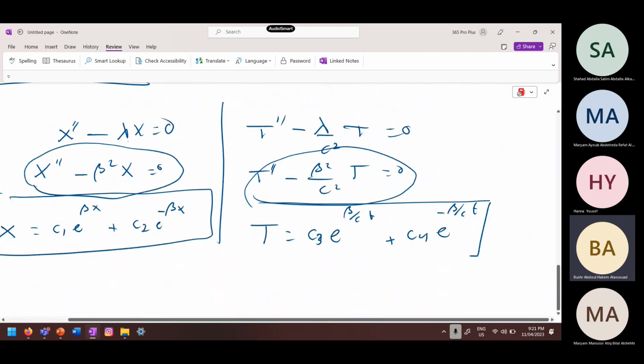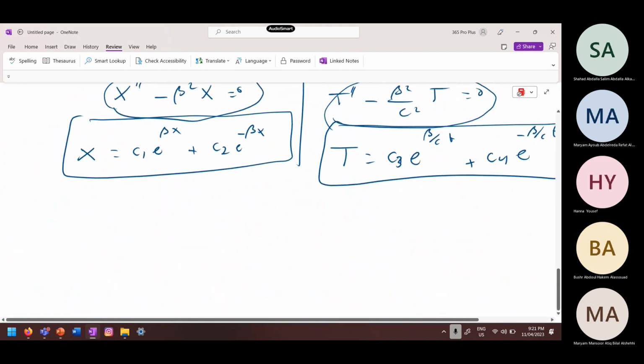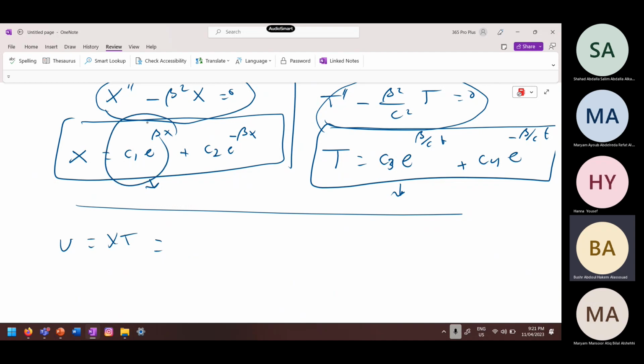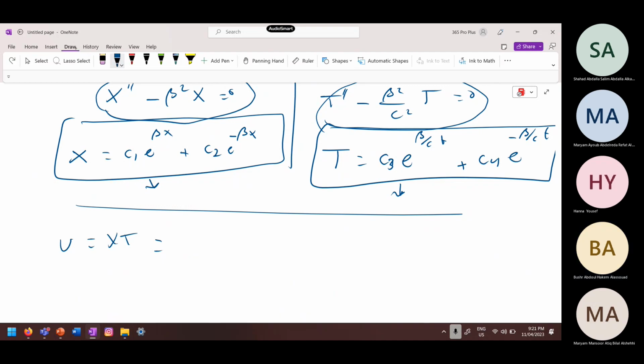This is the second solution. Now, again, we need to multiply with the assumption. This function multiplied with this function will give you the following. I'll change the pen for you to understand this better. This times this,